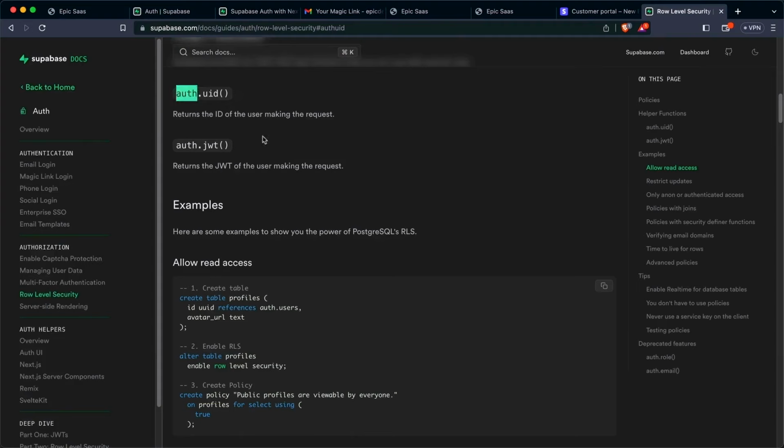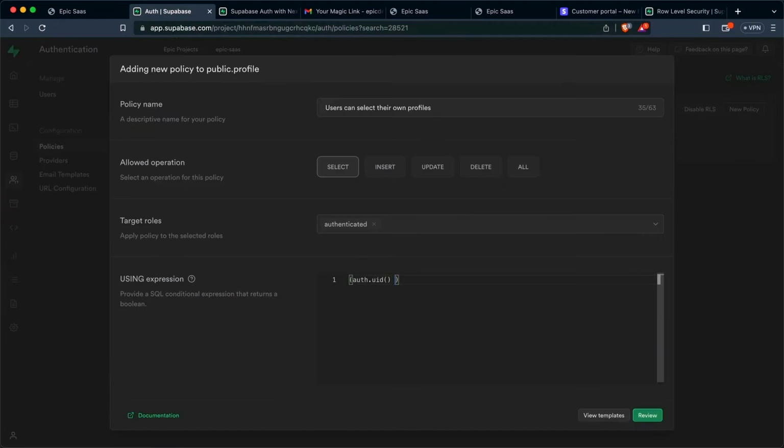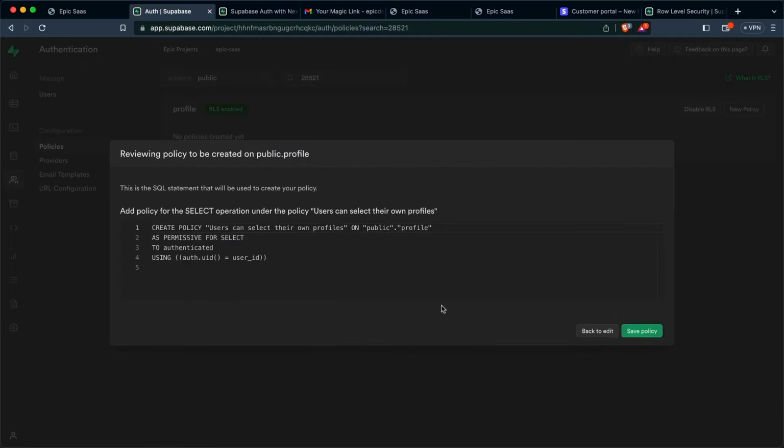We can use this special function, and there's an auth.jwt function as well. We want to check and see if auth.uid is equal to the authenticated user's user ID column. So we can specify directly their column, a column that is on profile. And if that's true, they can then view their own profile. We'll review this